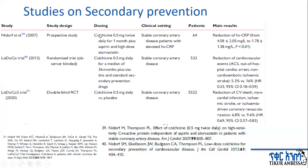Okay. So the secondary prevention trials with a larger patient size, involving 5,522 patients, the LoDoCo2 trial, which was also presented at our journal club, colchicine using 0.5 milligram daily over a standard therapy, which was a double-blind randomized controlled trial, demonstrated a significant reduction of cardiovascular death, myocardial infarction, ischemic stroke, and ischemia-driven coronary revascularization, with a 31% reduction in terms of primary and secondary composite cardiovascular outcomes, as demonstrated by the LoDoCo2 trial, which